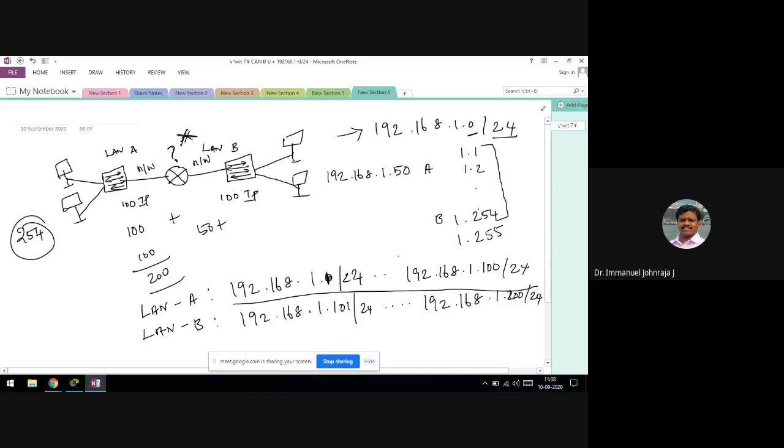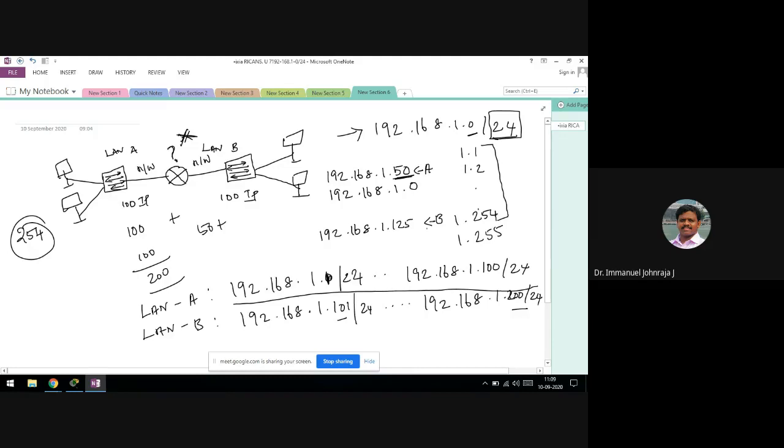I take another random IP from LAN B, where I have assigned from 101 to 200. Let me say 125. Yeah, seems to be a random number. So 192.168.1.125 is the IP I had taken from LAN B, and this is the IP I had taken from LAN A. Right. Now, can I find out the network address for this IP? I'm not going to recall our calculation; you should know by this time. The network address here is 192.168.1.0 because all the bits in the host portion must be 0 for a network address. That's what we have learned. The mask is also the default mask. So it should be 1.0.